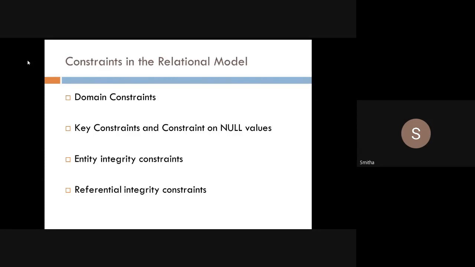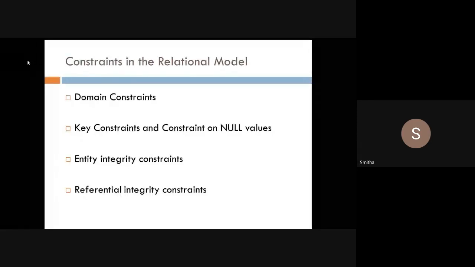Okay, so if you want to put some condition on that domain, then it will be called a domain constraint, because we need to follow that. For example, many times I have told you we have grade in your student database. Grade can have alphabets; it can take the value from A to F. After that, it is not a valid input. If I give Z as grade, it is not valid. If I give X as grade, it's not valid, according to whatever rules we have for the grading system.